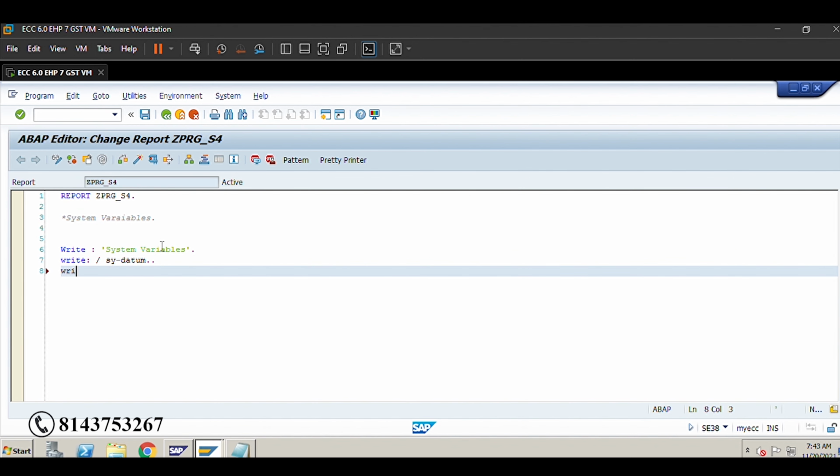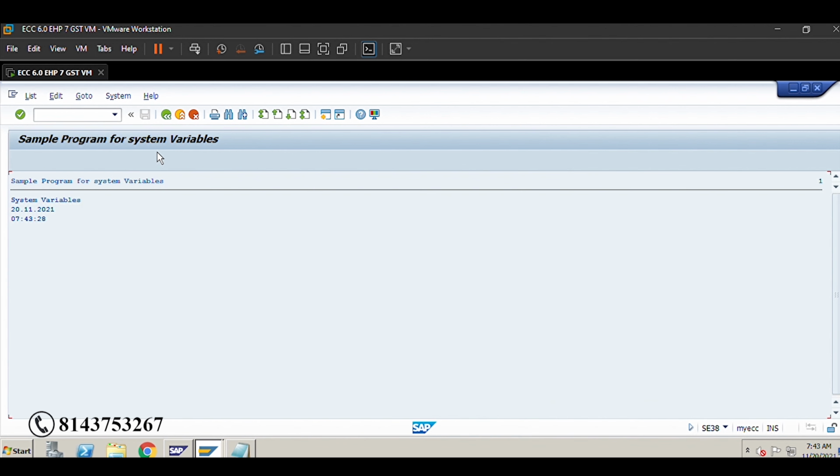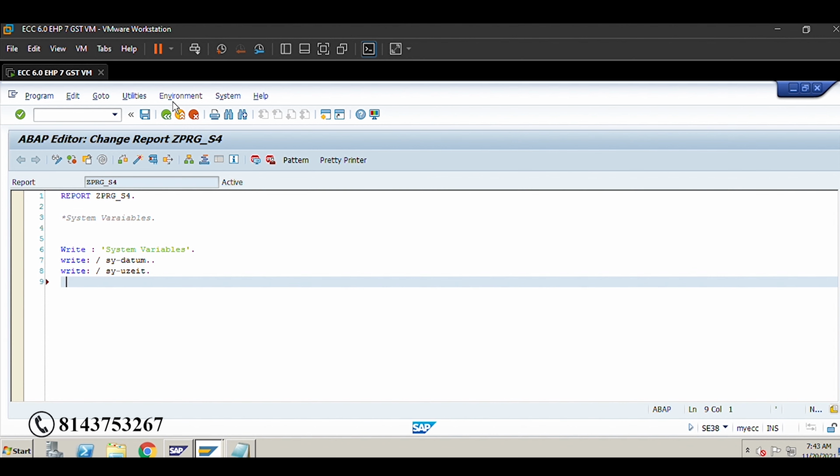So next, write sy-uzeit. What does sy-uzeit hold? The current system time. So now it is 7:43, and it is getting displayed 7:43.